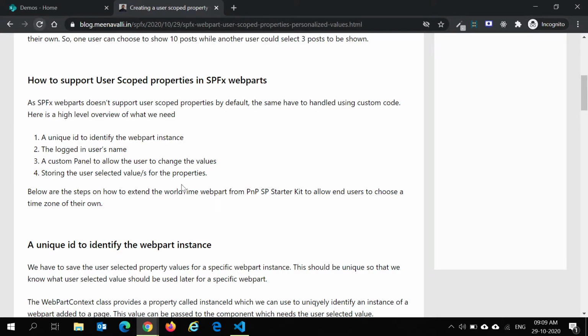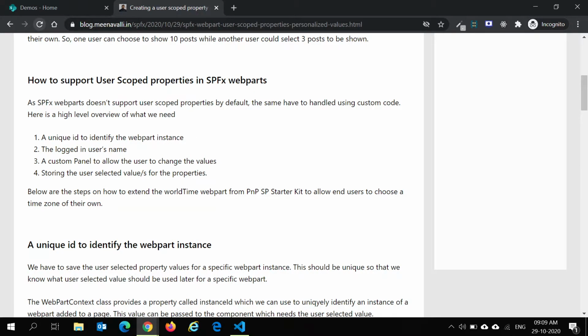If we try to understand how we can implement this, there are basically four steps, right? At a high level, we have to implement how this user scope property can be saved and how it will be retrieved and used within the web part. For this, we need four things. One is a unique ID to identify the web part instance.